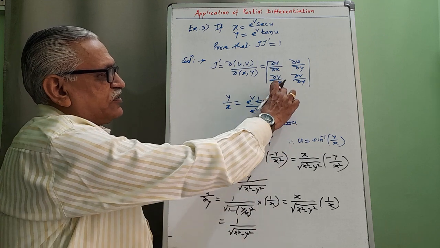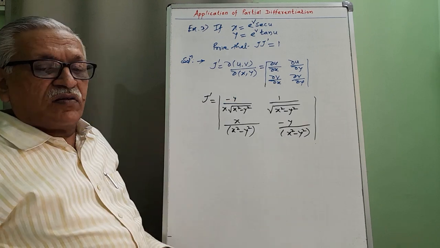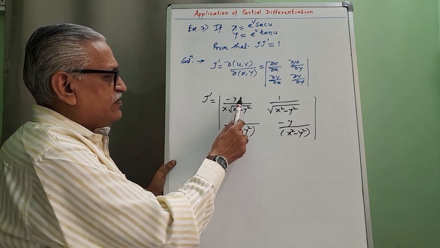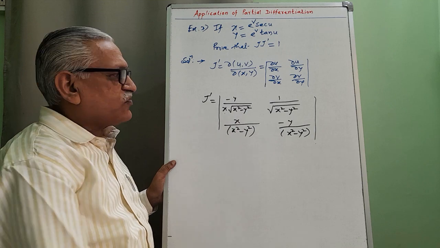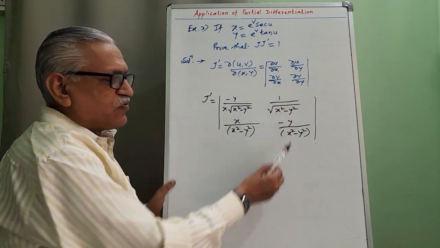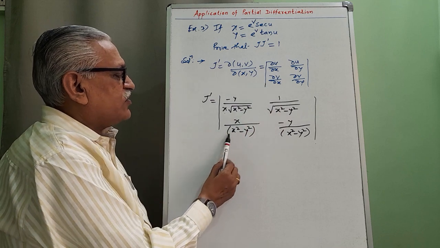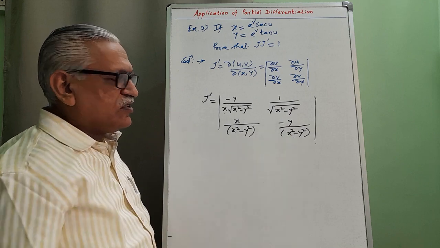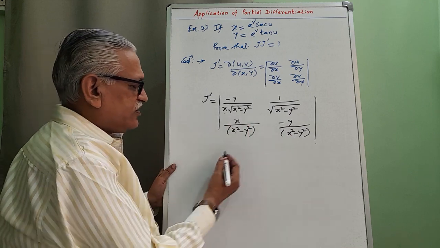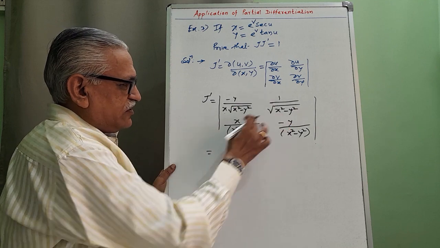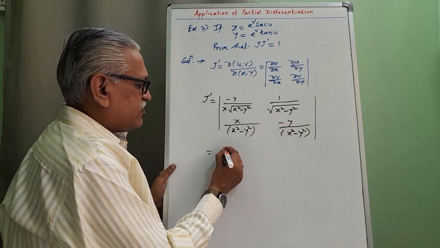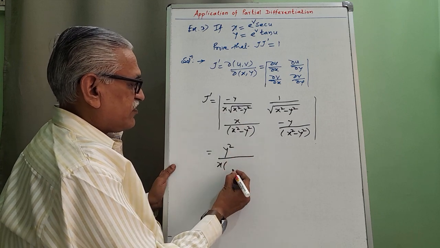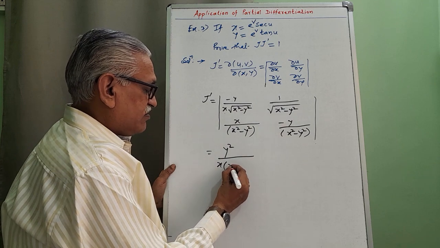Substituting all these 4 derivatives here in this step, the first one is minus y upon x into root of x square minus y square. The second derivative is 1 upon root of x square minus y square. The third one is x upon x square minus y square. And the fourth derivative, dou v by dou y, is minus y upon x square minus y square. Evaluating this determinant, this product minus this product, therefore minus into minus becomes plus, y into y we get y square, x into x square minus y square,